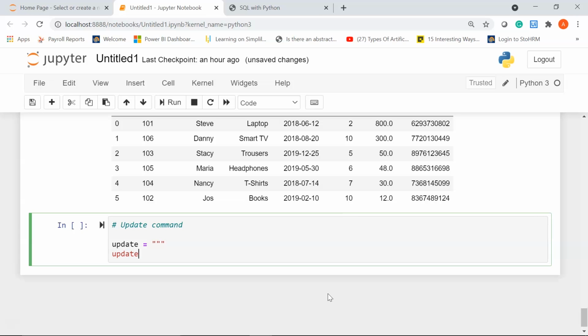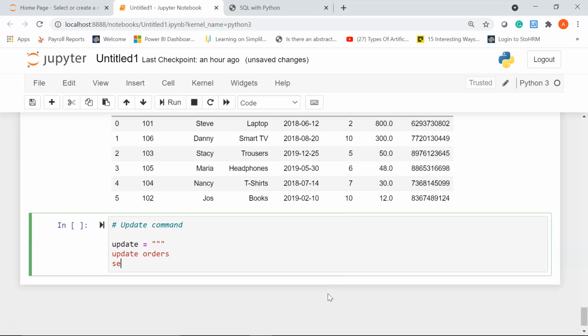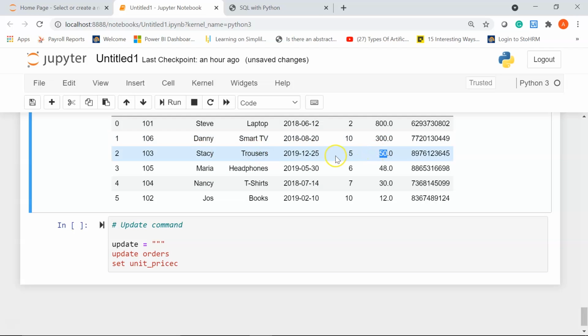Then I'll use my update command, which is update followed by the table name, that is orders. Next I'll write set, let's say unit_price. If you see this, let's say I want to set the unit price of trousers from $50 to, let's say, $45. I want to update this particular record.